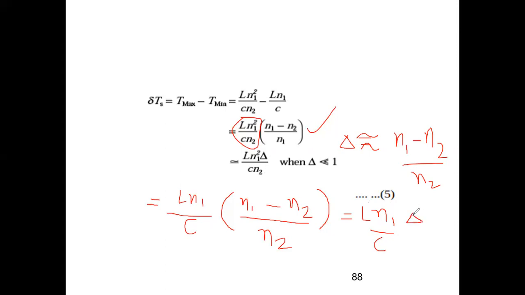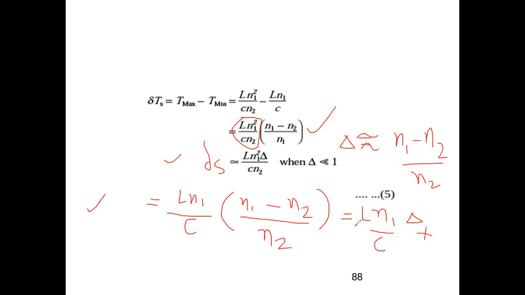So in one of the numericals, if they only ask for the delay difference, you are free to do all this. But if they tell you to derive the delay difference as this set of formula, then you stop at this. If they ask, usually they ask that the delay difference between the fastest and the slowest mode is given by ln1 delta upon c, then you need to do this arrangement. So if they ask this one, then you have to go one step ahead.